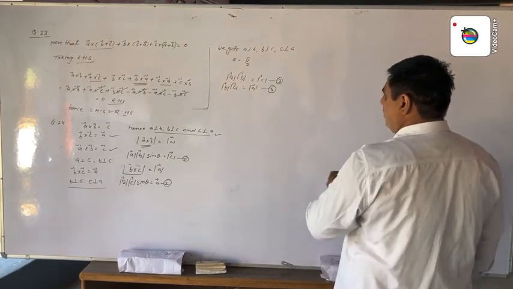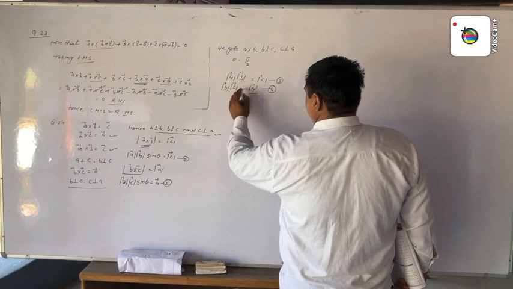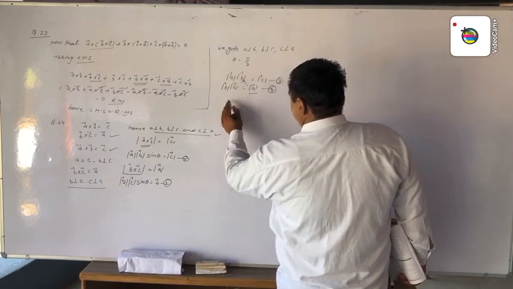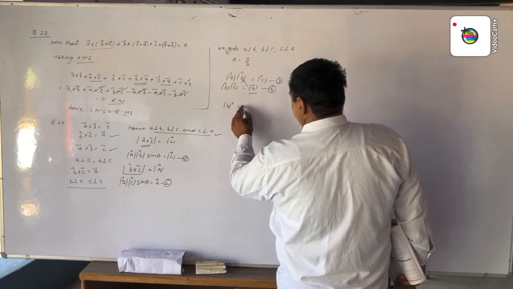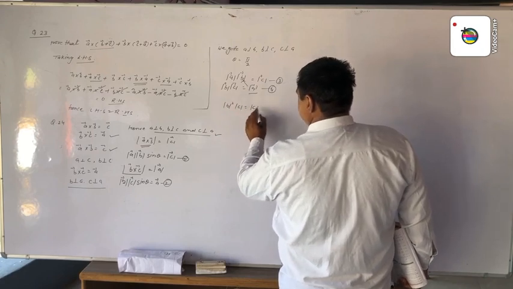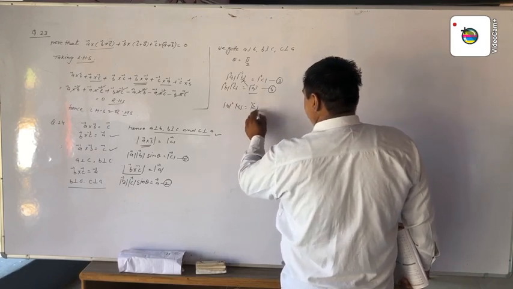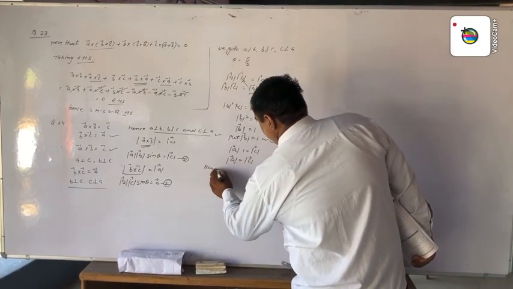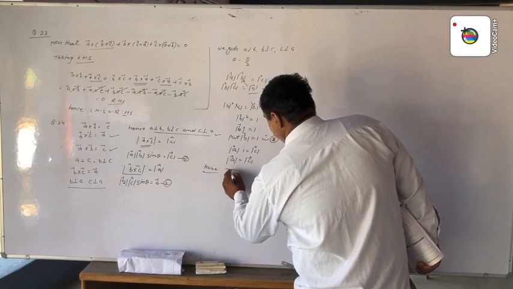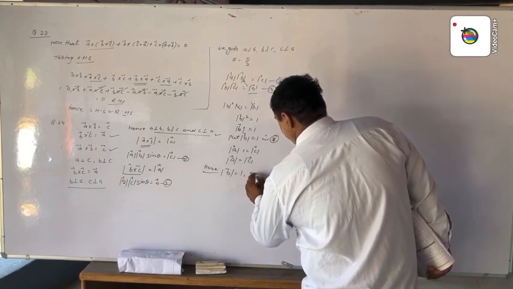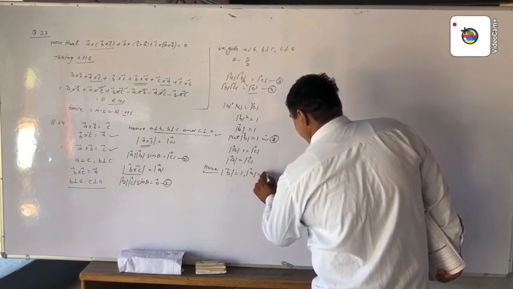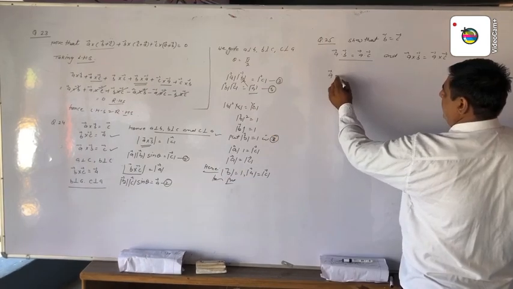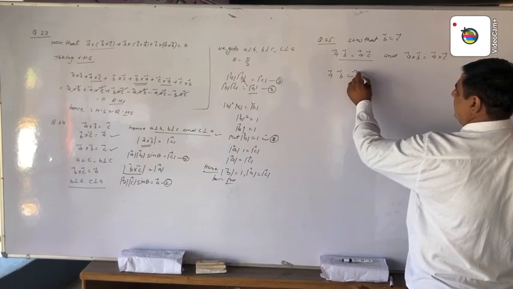We put the value of vector a in equation third. Now we get the value of vector b magnitude square into vector c is equal to vector c. Now vector c magnitude cancels with vector c. So hence we find vector b magnitude is equal to 1 and vector a magnitude is equal to vector c. Hence proved. This is your vector a dot vector b is equal to vector a dot vector c.